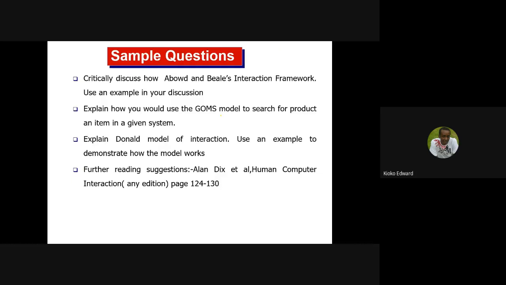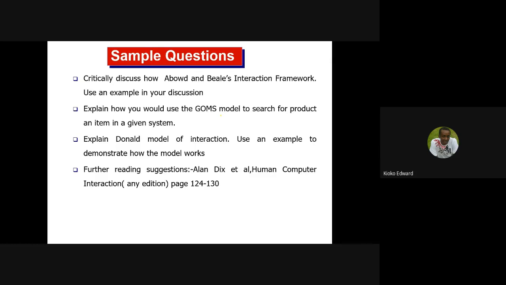Maybe these are just some entry points for the 3 models. Number 1, discuss how the Abowd and Beale interaction framework works. You may use an example in your discussion. Since we are also preparing ourselves for the exams,